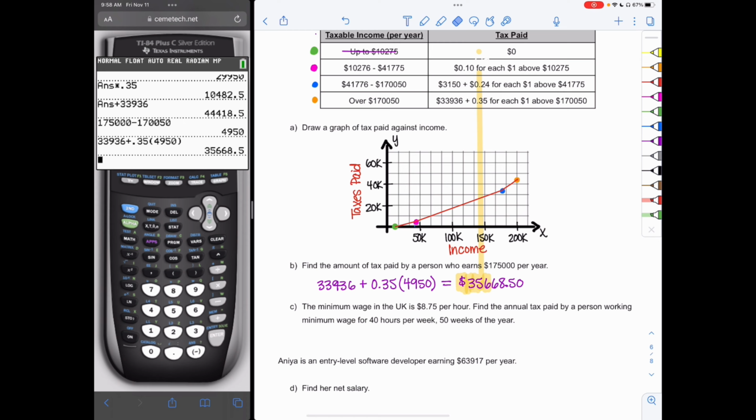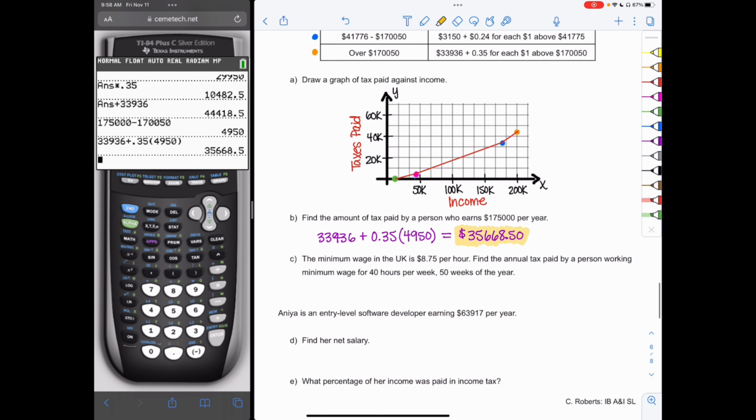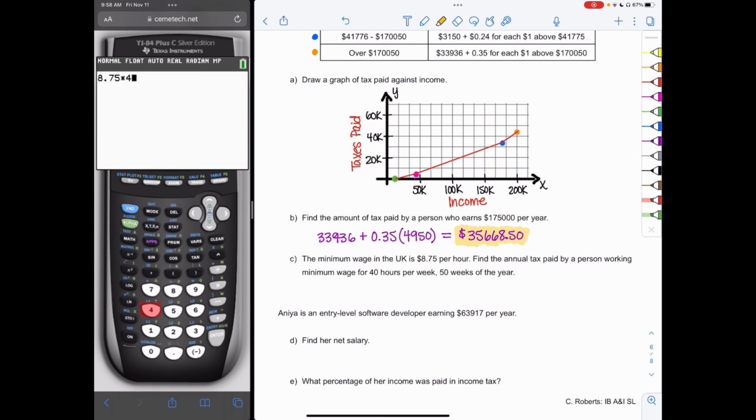So now I will need to look at part C, which says if minimum wage in the UK is $8.75 per hour, find the annual tax paid by a person working for 40 hours a week, 50 weeks of the year. So we would have to say $8.75 times 40 hours a week. That's how much they make per week, $350. And I would have to multiply that by 50 weeks of the year, which will give me a salary of